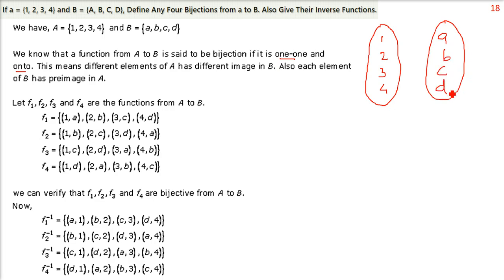So this one-one should be there, and a, b, c, d should not remain. All should be paired up with some or the other element of the first set. So let us make one of these: 1a, 2b, 3c and 4d. This is your one-one. So it is connected. And just assume that it is A and B. It is already given actually.